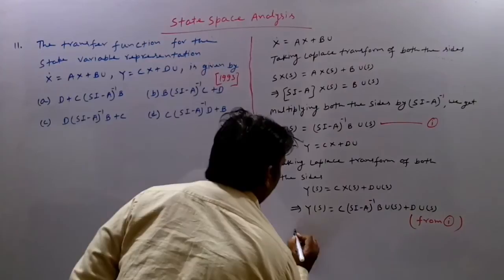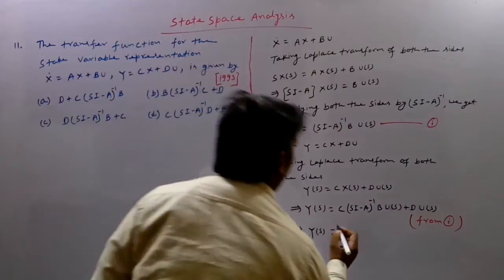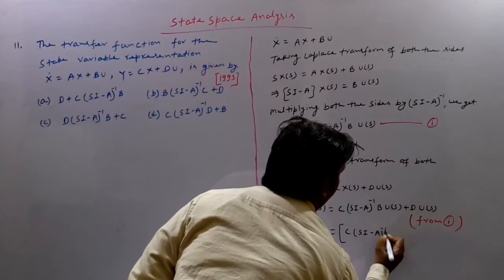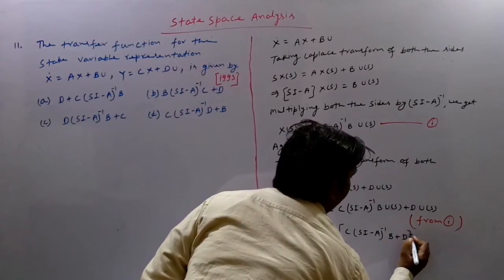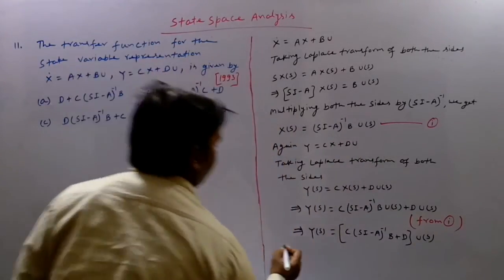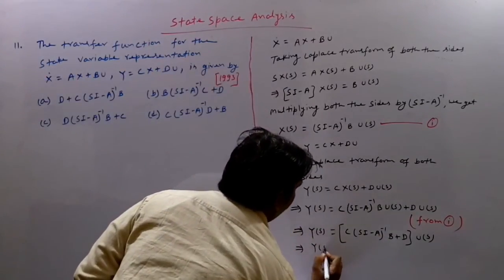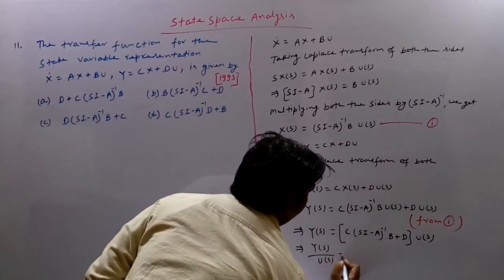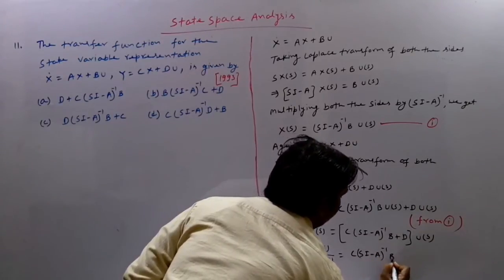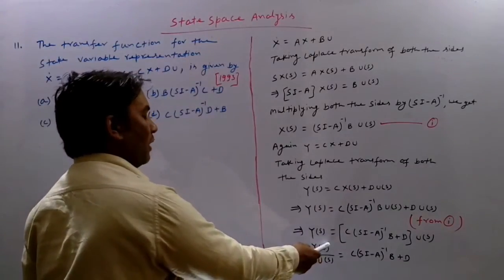Now this implies Y(s), here we have to take U(s) common, so it will be C(sI minus A) inverse B plus D, U(s). Now if we take U(s) to the left side, then Y(s) divided by U(s) will be C(sI minus A) inverse B plus D,